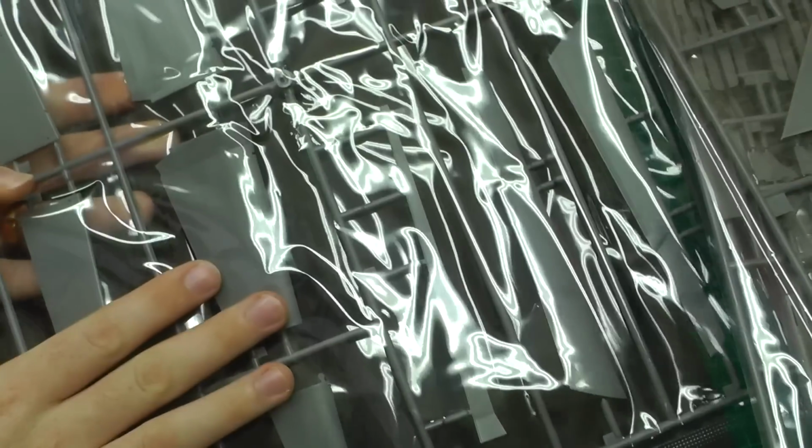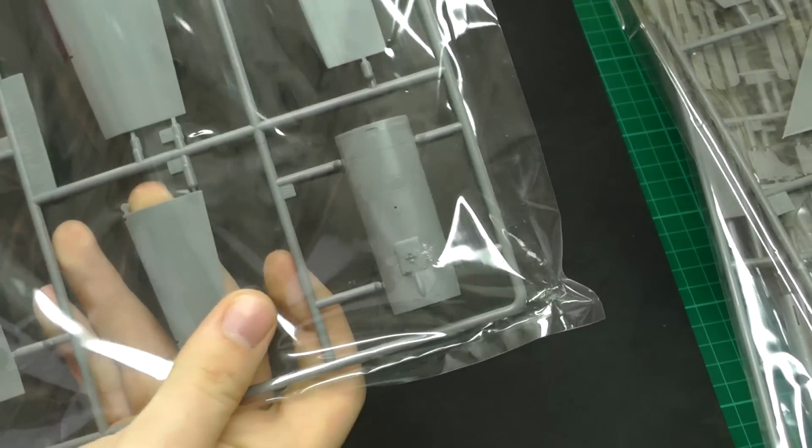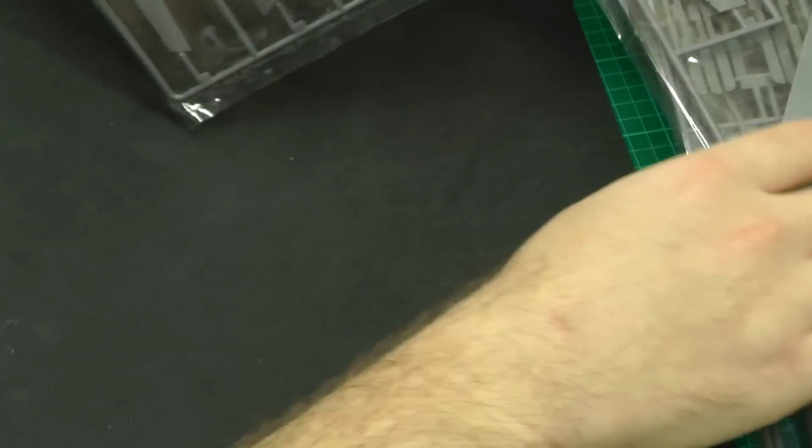Last sprue, oh no, 2 last sprues we've got here. Again, I won't get them out the bag because these are just flaps. Nothing major to write home about there. And then we've got tails and stuff here, where the detail is just like the rest of the model. So as you can see, we're talking bags and bags and bags of